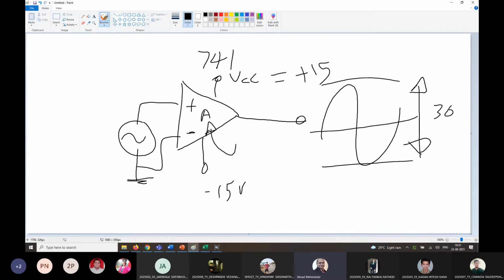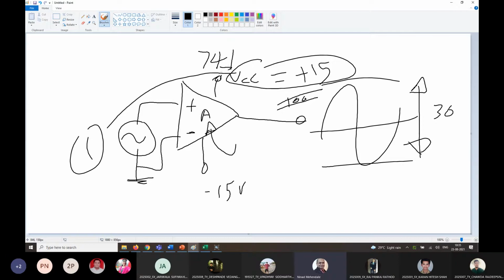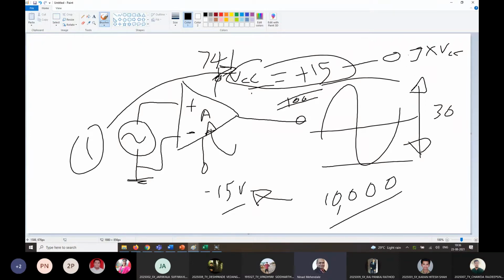And your output can have a swing between plus 15 to minus 15, that is a total of 30 volts. And if you apply 1 volt and it has some 1 lakh gain, don't assume that it will have 1 lakh volts at the output. You will only have whatever you have at the input plus at max the VCC, but not even the full VCC. It is typically about 0.9 times the VCC. So you cannot have more than whatever you apply at VCC, and again VCC and VEE have their own limits as per the datasheet. So you cannot generate tens of thousands of volts at the output of an op amp.